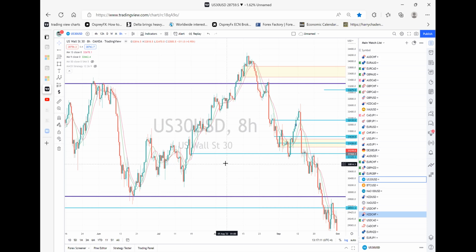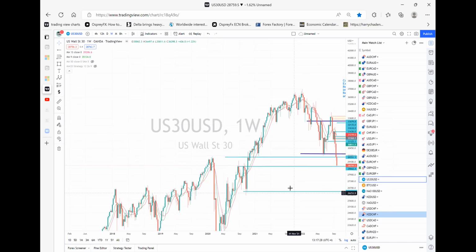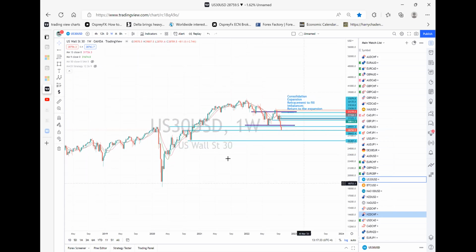How far do you think the US 30 is going to drop? Well, I don't know, but we know it's going to drop until they finish raising interest rates. We're already at pre-pandemic levels. We're at the top of the V-shaped recovery, sir. This is the pre-pandemic high we're at, right? But you got to think, man,